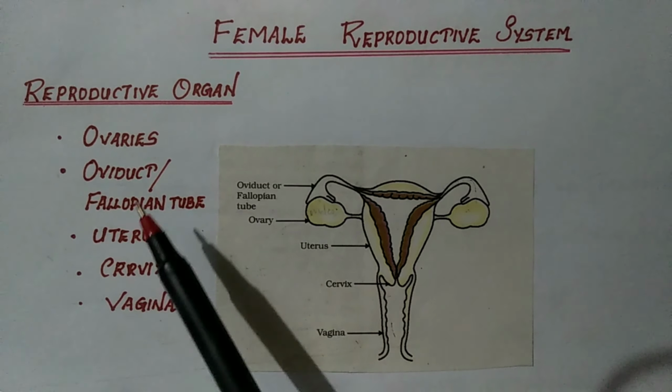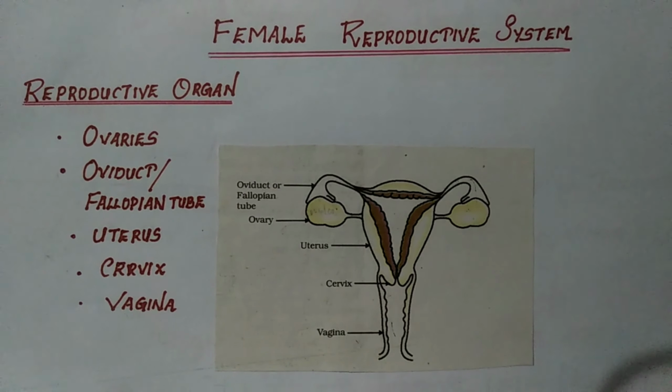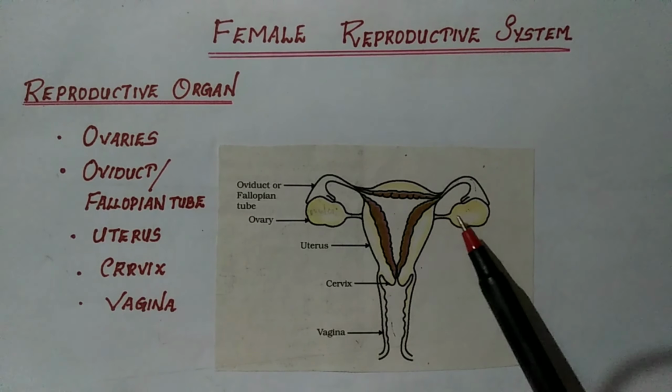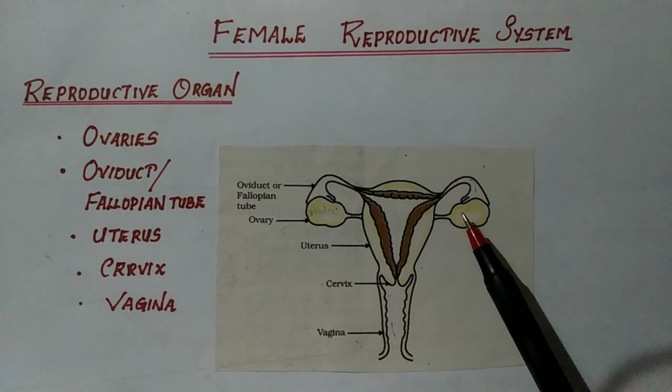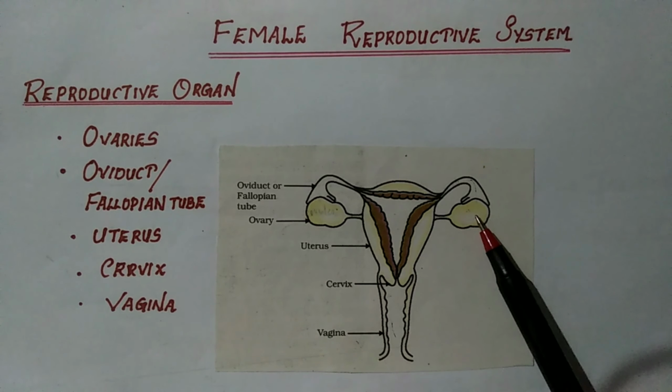So let us discuss the function and structure of each of these parts one by one. Let us begin with the ovaries first. Here, these are the ovaries, one on either side of the uterus. Ovaries are located in the abdominal cavity near the kidney, and they are the female primary reproductive organ which performs a dual function. Dual function in the sense that it is involved in the production of the female gamete or ovum, and also the secretion of female sex hormones, mainly estrogen and progesterone. Because of that, we can say the ovary performs a dual function.